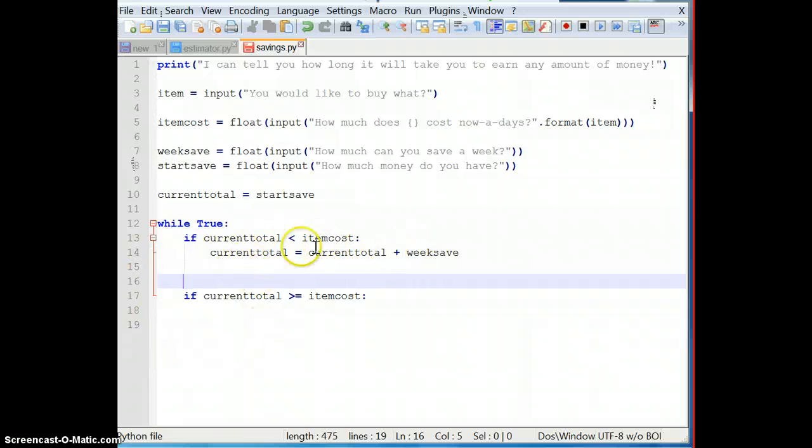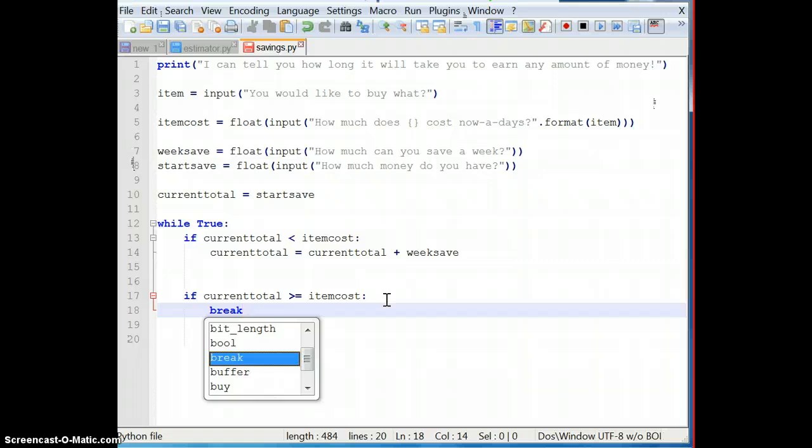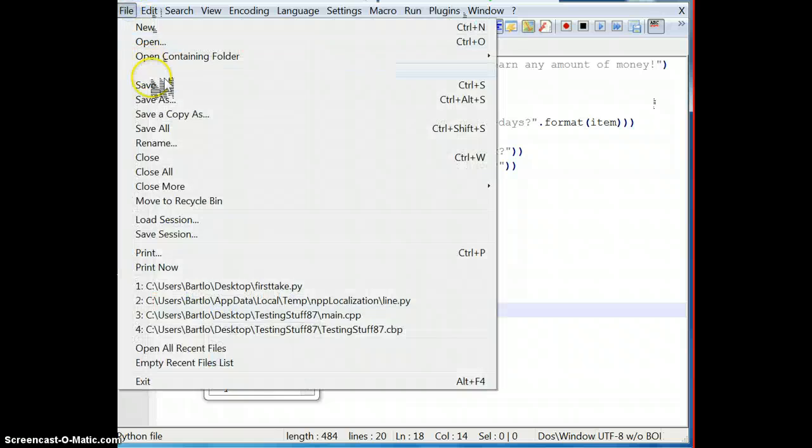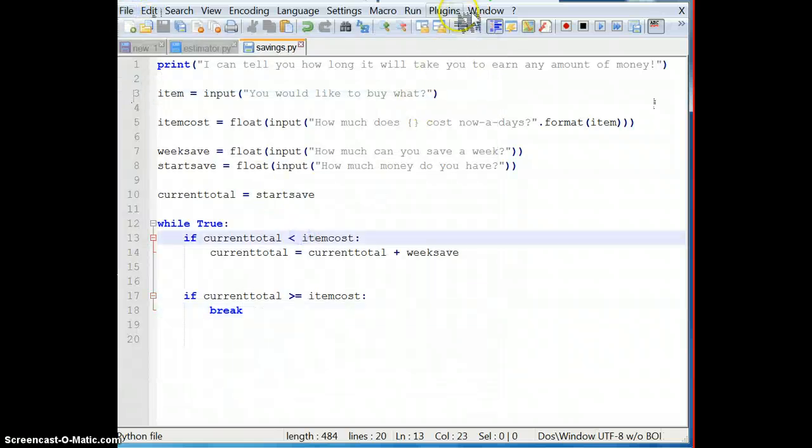And it's going to run it through the loop. And it's going to keep running it until this is true. And if this second thing is true, well, then we can break it. So we're going to just keep running this until this thing is true and we can finally get outside of our loop. There's a couple things. Well, you know, we should run it, make sure we're not